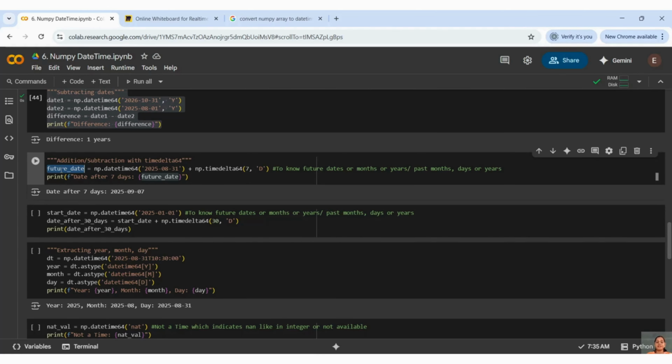As the name says, timedelta, time difference it is, right? So what I did, I have taken a date. And I want the number of days, like what is the date I'm going to get after 7 days. This is how you can do it. With np.timedelta64, what is the delta you want? I need 7 days. And what exactly do you want out of it? You want a month or you want a date? I need a date. If you want month, you can give M.